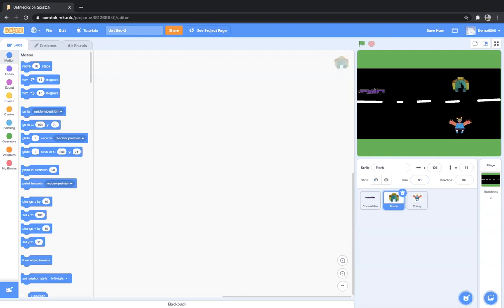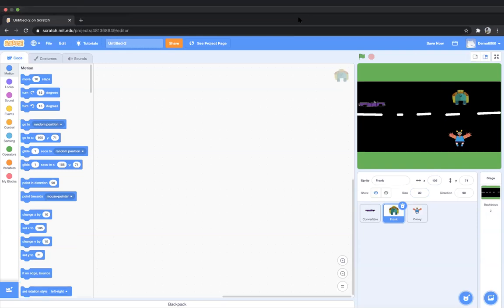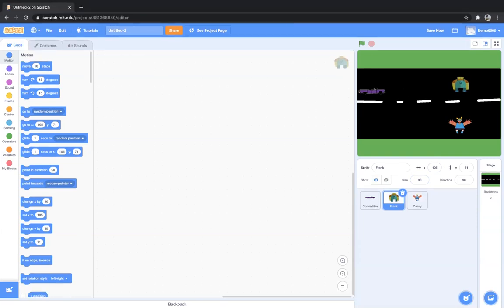Okay. So now let's give code to these obstacles. Now what exactly I want is when the car touches these obstacles, like if the car is moving continuously, controlling with the arrow keys, and if by default the car touches these two sprites, Frank and Casey, I want the game to get over. Okay, so this is what basically we are creating in this game. Now let's first code for Frank. So how to do that?